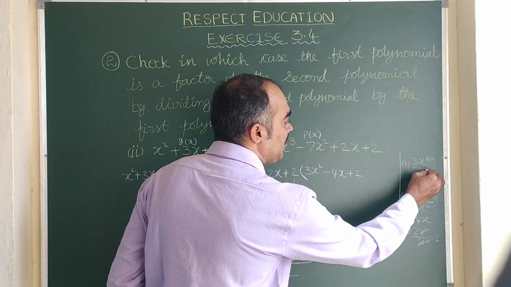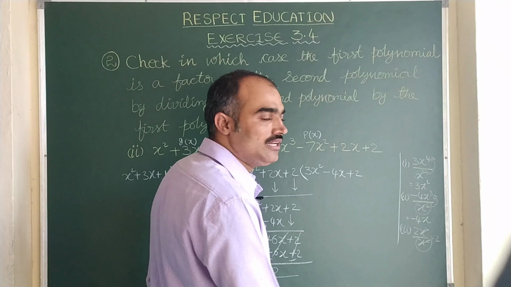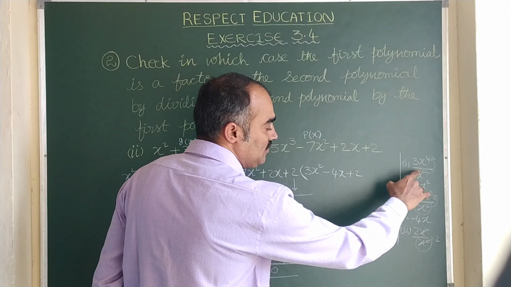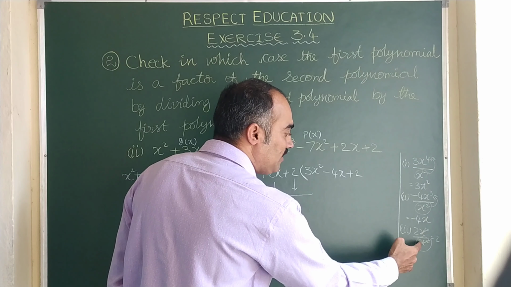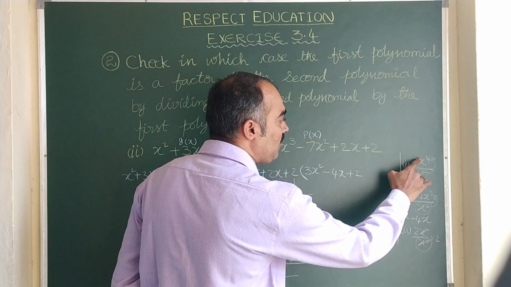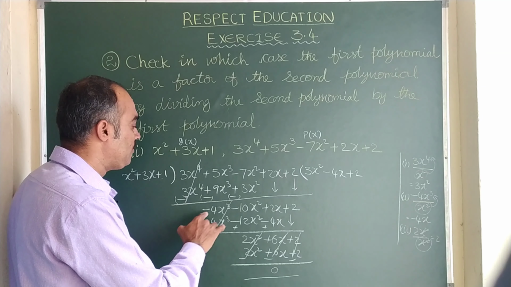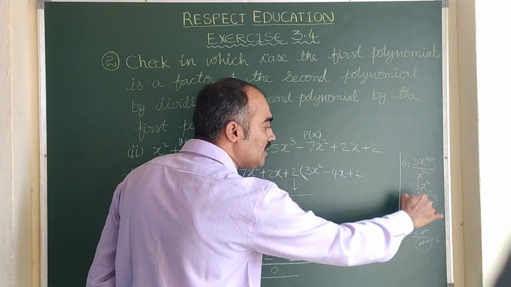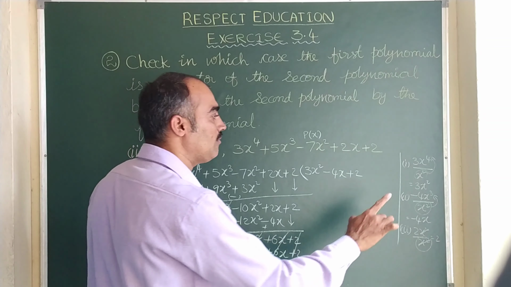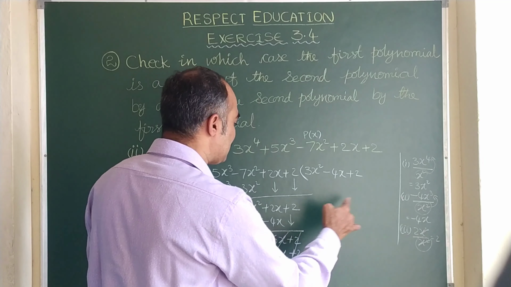Here you observe, every time this denominator is not going to be changed, because that is the first term of g(x), that is fixed throughout the problem. But the first term of p(x), that is the first term of the dividend, here 3x^4, here minus 4x^3, here 2x^2, goes on changing, whereas the first term of g(x) is fixed. So like that also you can remember that it is nothing but x^2. Now here again let us come back to the problem.